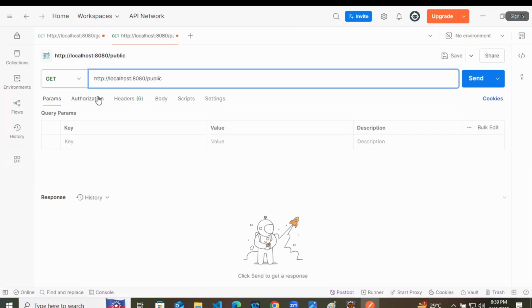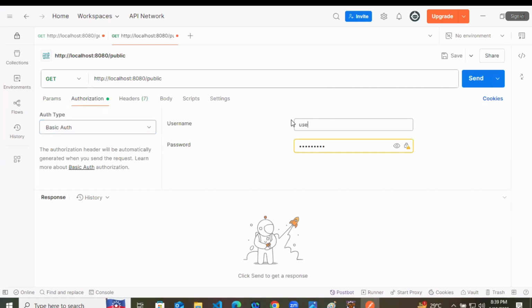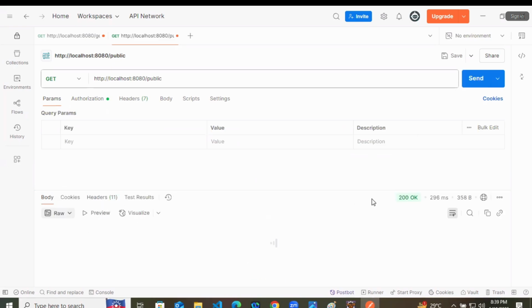Now you know we need to send the authorization, that is basic auth, username is user, password is user, and we make a send request, and what we got is this is the public endpoint. We are getting it fine. What if I try to check the admin's endpoint? In Postman also we are getting the same thing. That means we are getting the page that only admin can use and we are getting 200.